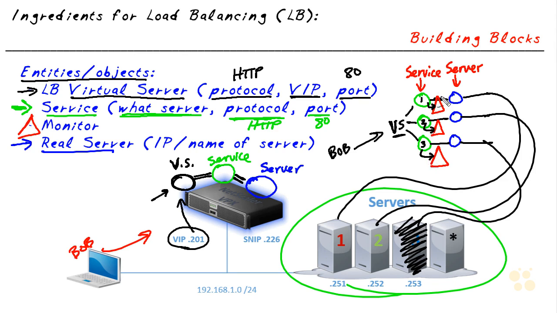So because each of these monitors are periodically checking the health and welfare of their servers, if server 3 goes down, the monitor is going to say, hey, this server isn't up. This service number 3 would go ahead and be shown as down. And as a result, the virtual server wouldn't choose that service as an option for load balancing because the service is being reported as down, which represents server 3 being down. However, if these two HTTP services are still up, the virtual server can still load balance the HTTP against those two HTTP